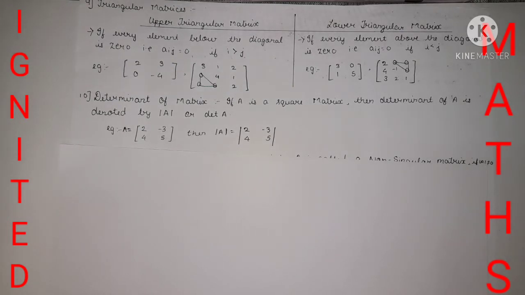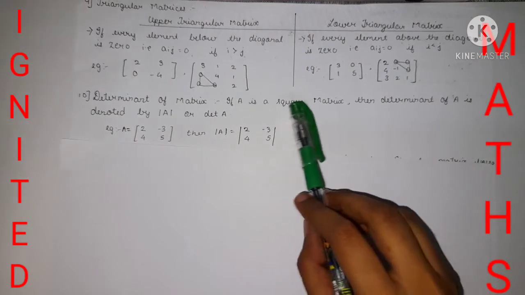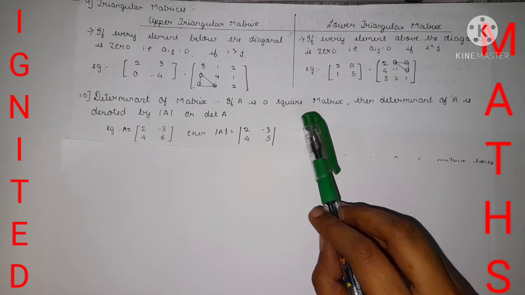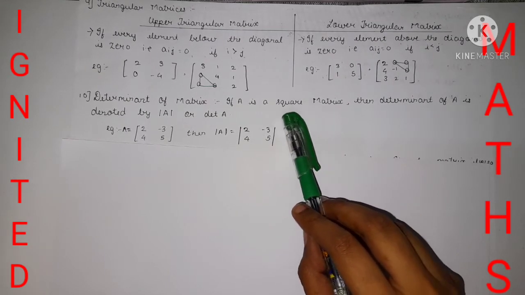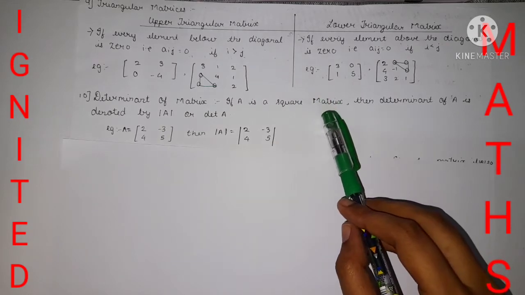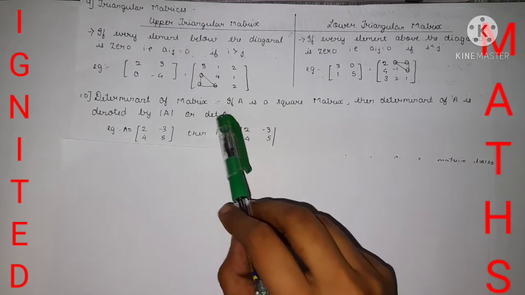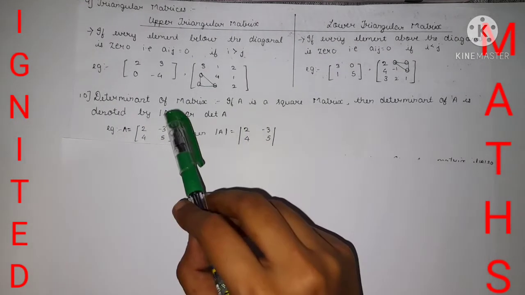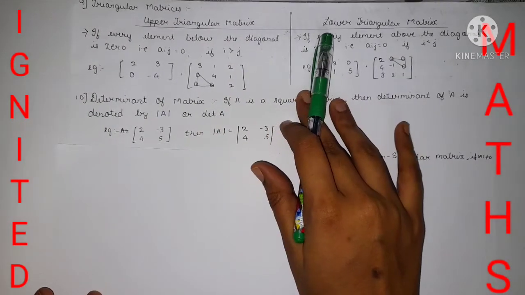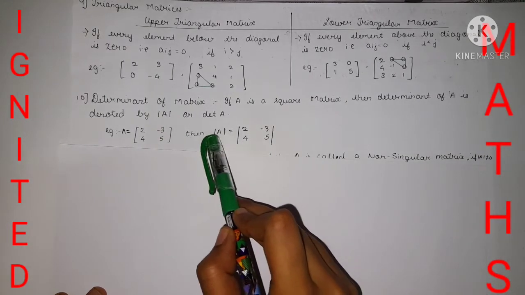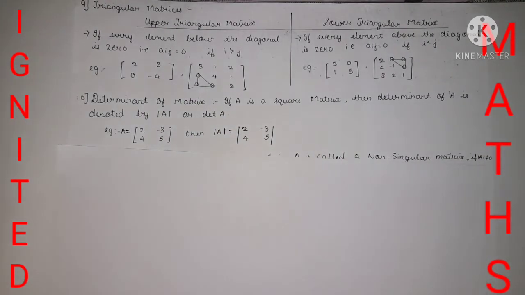Finding the determinant is very important. You can see that on every page the determinant always comes up. I am going to read the statement: if A is a square matrix, that is m is equal to n, where m means the number of rows and n means the number of columns. If the number of rows and columns are equal, it is called a square matrix. Then the determinant of A is denoted by det A, or you can put it in bar form also. It's up to you. Here the matrix is given in determinant form. So this is what the determinant of a matrix says.